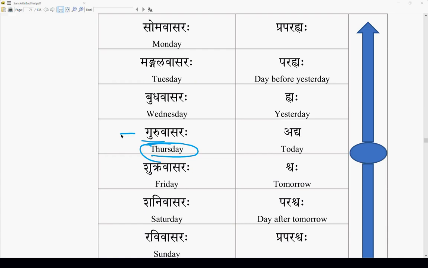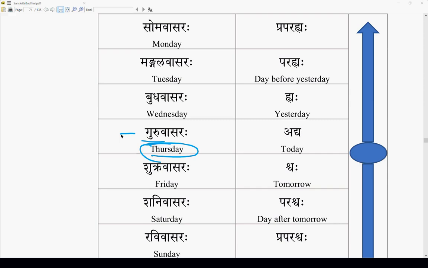Guru means what? What is the meaning of the word Guru? That which removes darkness, dispels darkness? No, that is you attaching it to teacher. The meaning of Guru is which is heavy. I'll give you another name: Guru, Laghu. Guru is heavy. The teacher is supposed to be heavy with knowledge, and that's why it's called Guru.